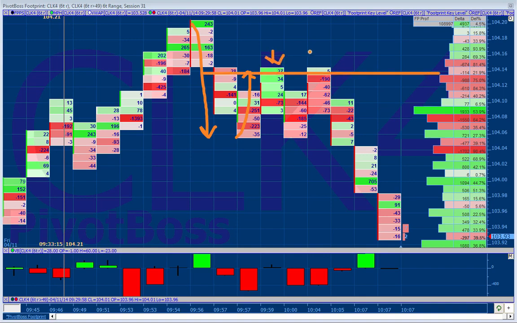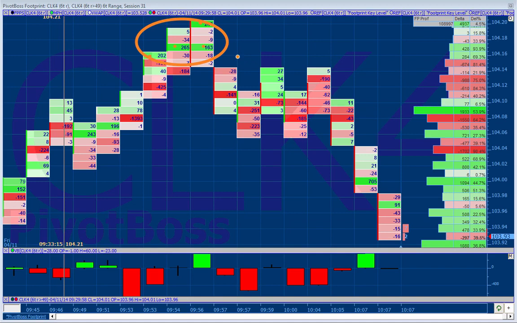And look at how price just stopped right on that level, time and time again. So after all of these buyers bought, count them up: 200, 265, 163, 243. Those buyers, that's about 1,000 contracts worth of buying. And look at the price level, 104.16. If you put a divide right here at 104.16, look at all the buyers here.